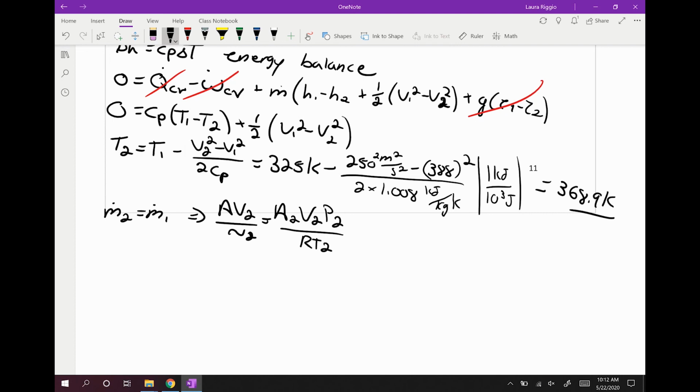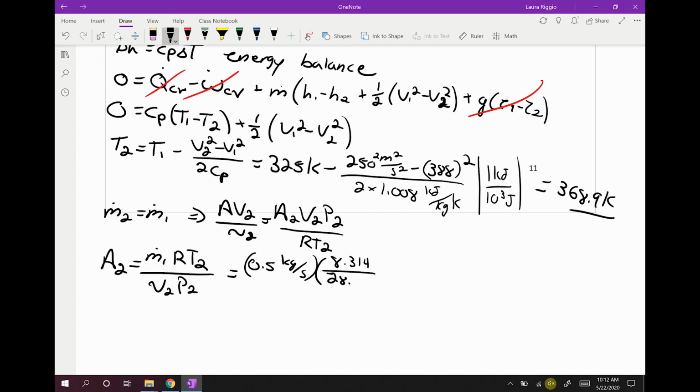If we solve for A2, we get A2 is equal to the mass flow rate at our inlet times R T2 over V2 P2, which is equal to 0.5 kilograms per second times 8.314 over 28.97